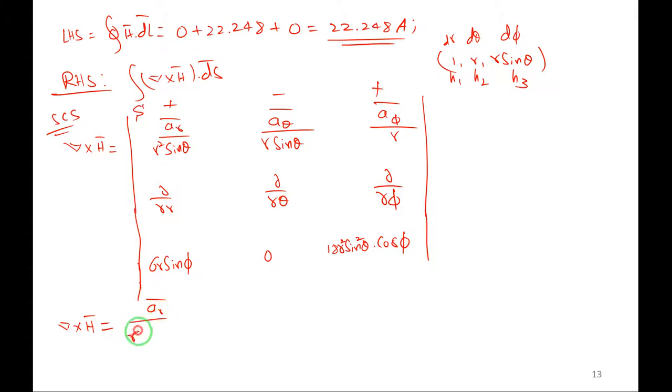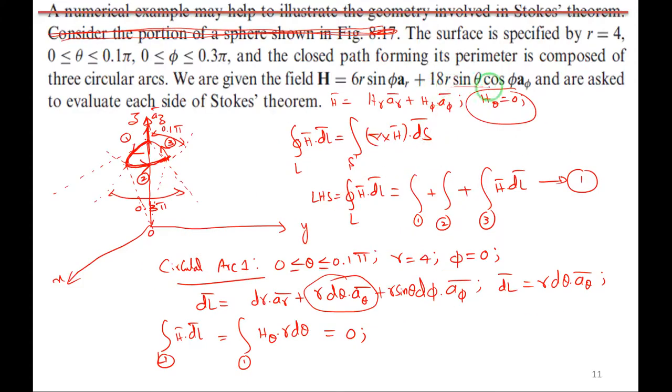ar divided by r square sin theta, into, so leave this column, leave this row. So dou by dou theta of this, right? We have made a mistake somewhere while writing the formula. Is there any mistake? Please check it. Whether we have to multiply scale factors or not here, h1 h2 h3. It's correct only, no? Yes, fine. Okay, we have multiplied and we have taken 18r sin theta cos phi, fine.